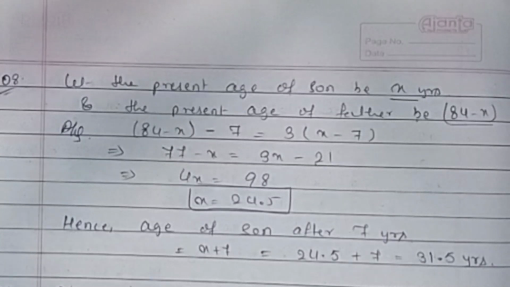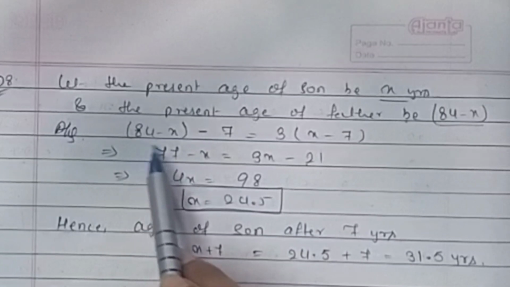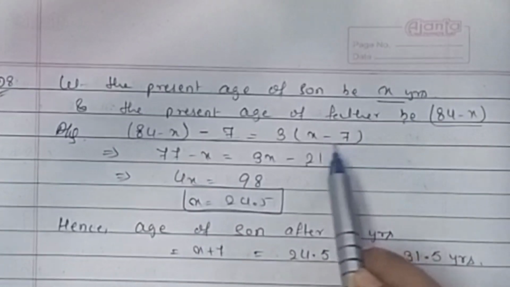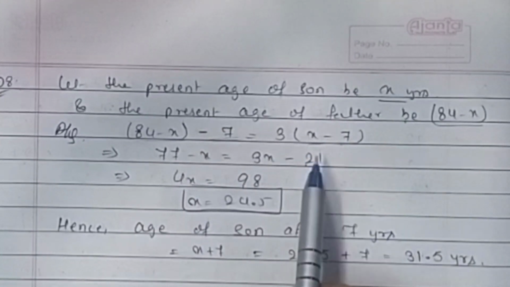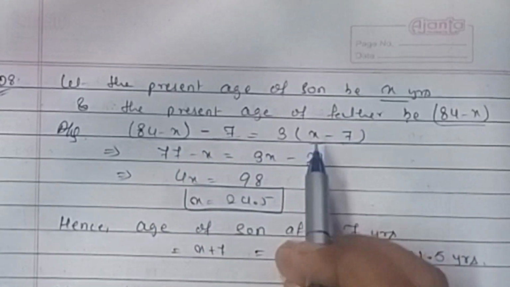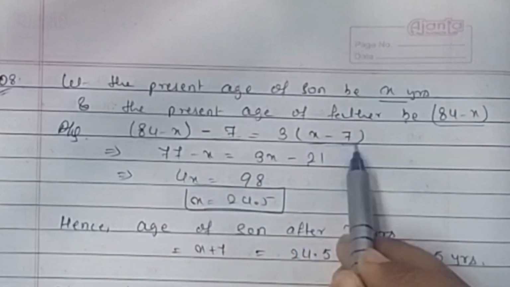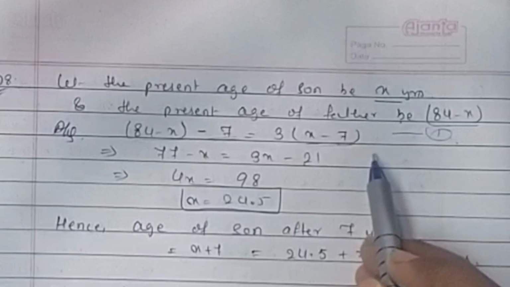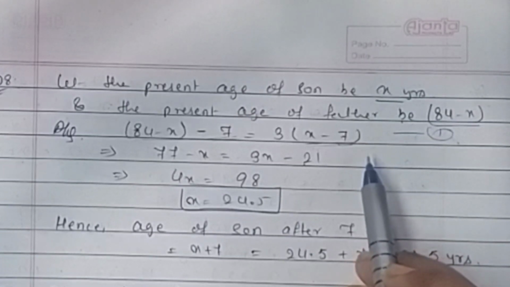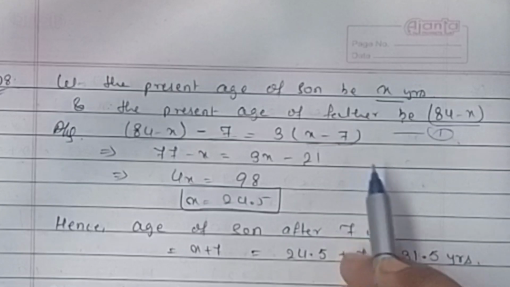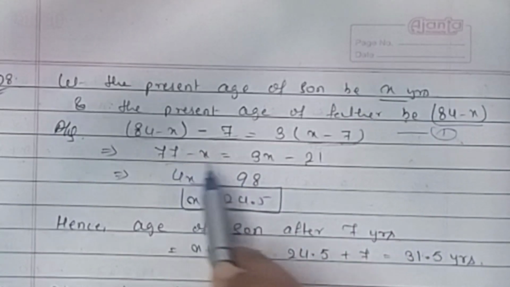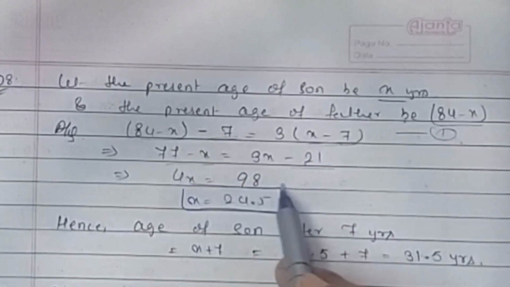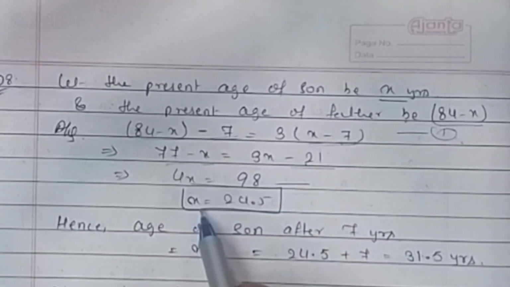So, first of all, we will subtract 7 years from father's age and 7 years from son's age. So, 7 years ago, father's age is equal to 3 times the age of his son. We have made this equation here and we will solve it to find the value of x. After solving, we get 77 minus x is equal to 3x minus 21, and hence 4x is equal to 98, and finally we get the value of x to be